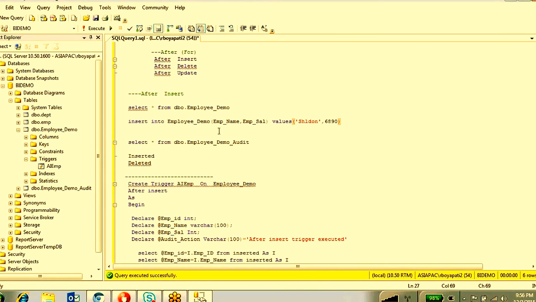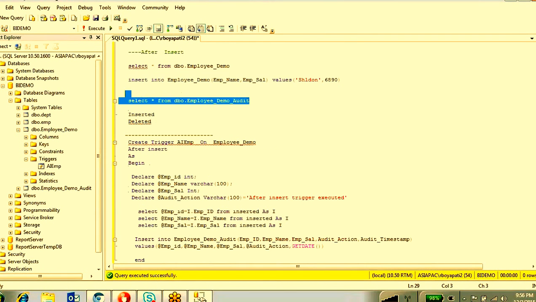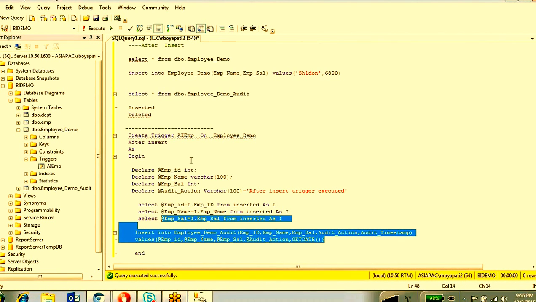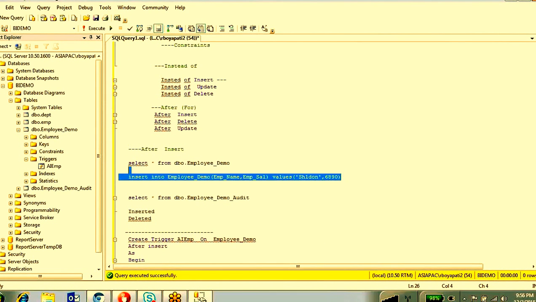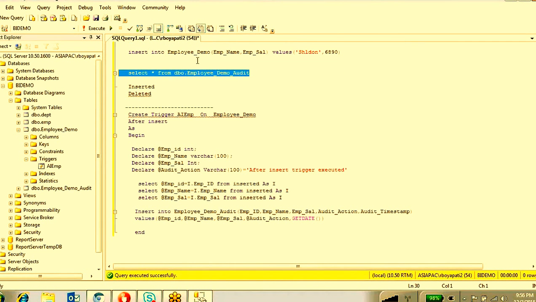So if you insert the data into this employee_demo table, that information will also be inserted into this table. How? Because you have written a trigger, and inside the trigger you have put this logic. I'm going to insert it.